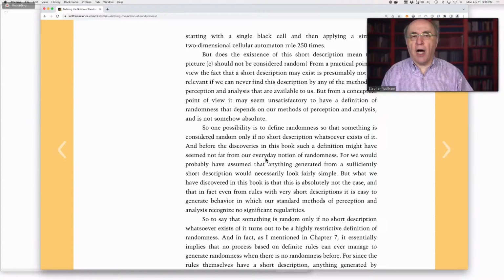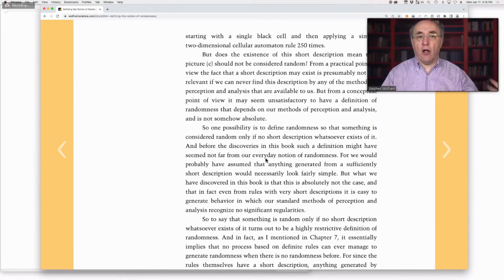Like the digits of pi, like lots of other kinds of things, you start from a simple rule and you generate something which for all practical purposes seems random. Now you might say, oh, but we know it isn't random because it's just generated from a simple rule. Well, you may know that if you could figure out what the rule was, but as a practical matter, if we want to understand, for example, the natural world, it may very well be the case that there is something that we consider with respect to all of our measuring approaches to the natural world to be completely random, even though there is some secret mechanism underneath that will generate the thing from a simple rule.